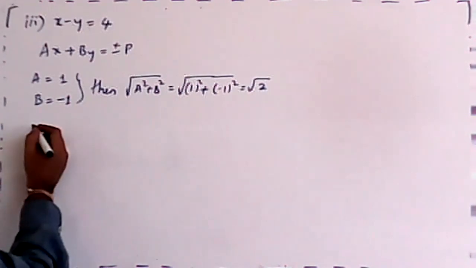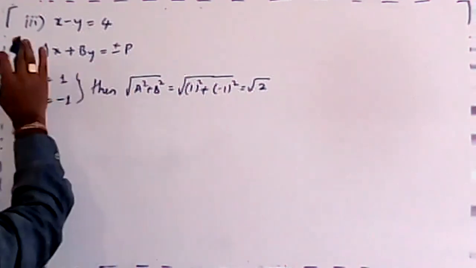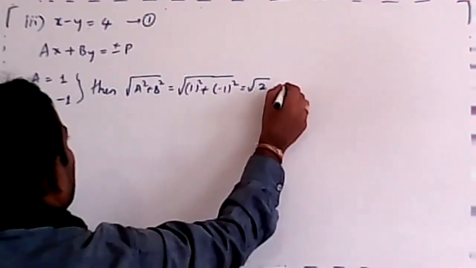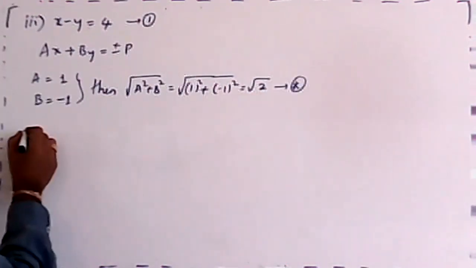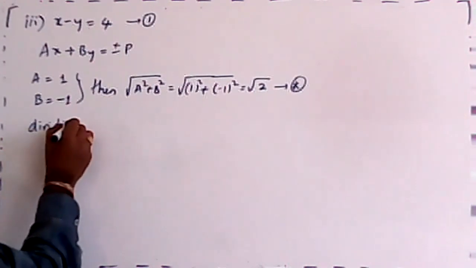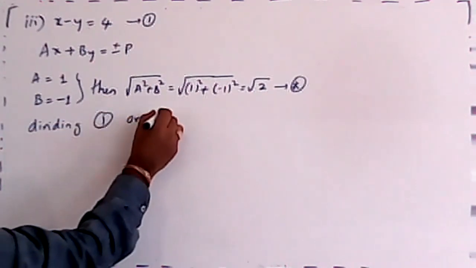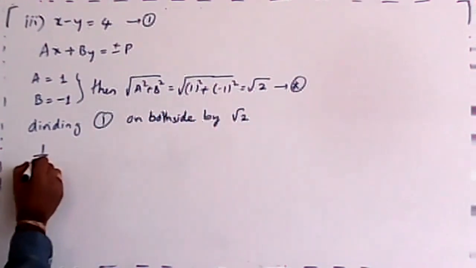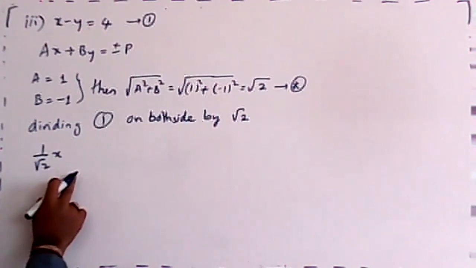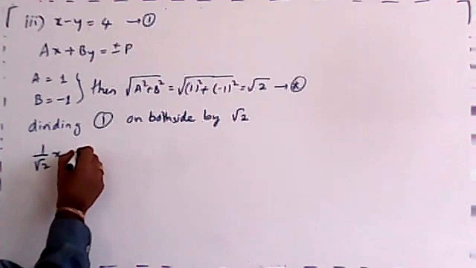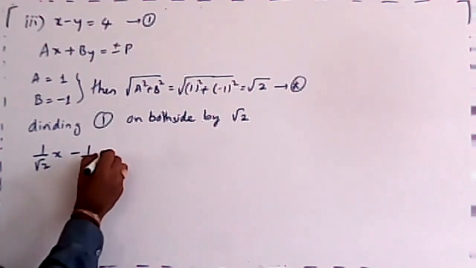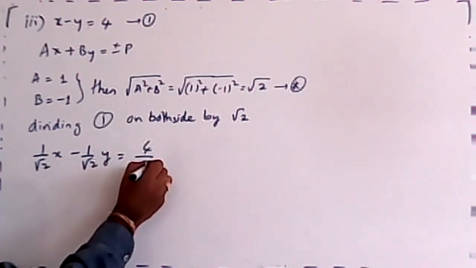Then divide it by the same, that is, dividing root 2 on both sides. Let me call this as 1. See how naturally I'm changing the problem now, right? Let me call this a star, okay? Dividing 1 on both sides by root 2. It looks like 1 by root 2 into x cos omega, minus nothing but x cos omega, again y sin omega, nothing but the same, minus 1 by root 2 y, 4 by root 2, correct?